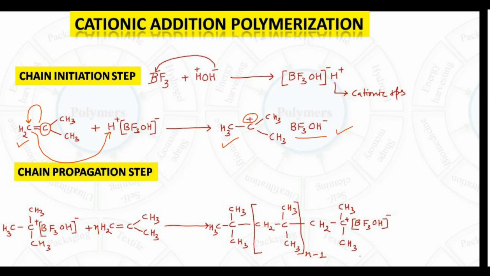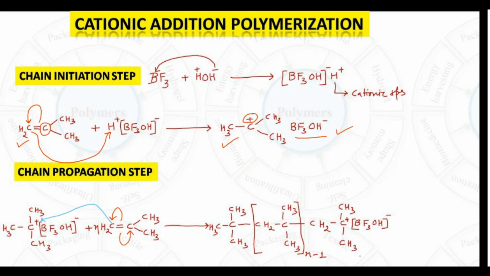You see, this reaction goes again and again. This is your positive part, and this is your negative part. So what can happen in the next step? This can come here, in one instant, and this can go there as well. So this will attack. Because this carbon is carrying the negative charge, this will attack onto this particular